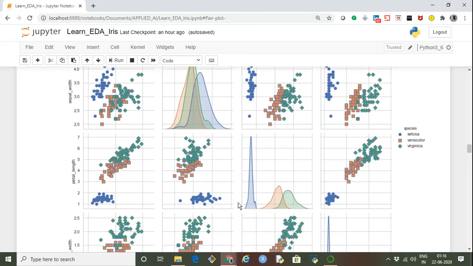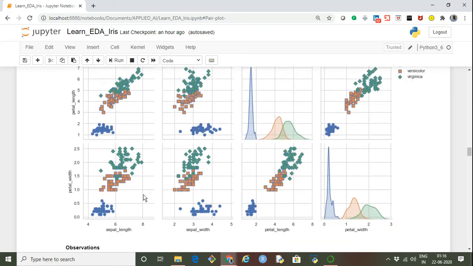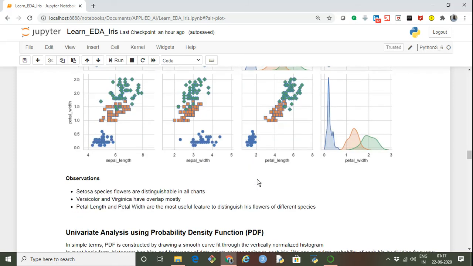But if you see petal length, setosa is totally separate, with some overlap between versicolor and virginica, and for petal width, setosa is totally separate, and there is some overlap between these two. So what we can clearly see based on the pair plot is that the petal length and petal width combination is the one that provides a good means to separate these three species of iris flowers.